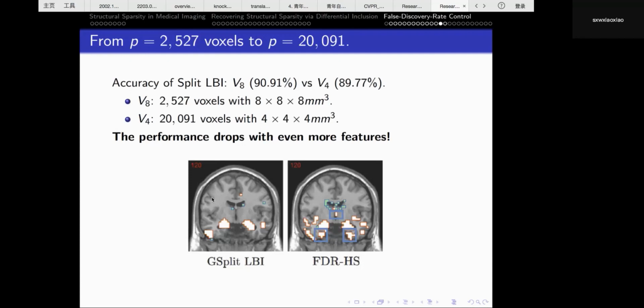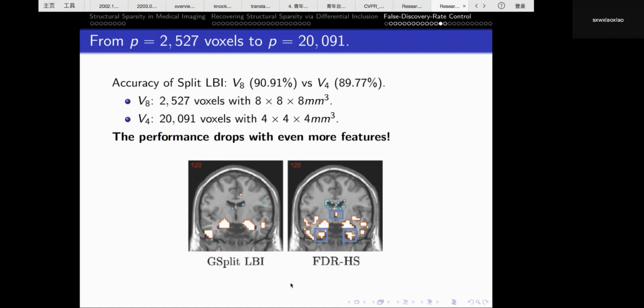This can be illustrated from the following observation, where we compare our split LBI on the V8 and V4 datasets. In the V8 dataset, each voxel is 8 cubic millimeters, so it only has 2,527 voxels. But for the V4 dataset, we have 20,000 voxels. But even with more voxels, the performance dropped from 90 to 89, because we have a more serious